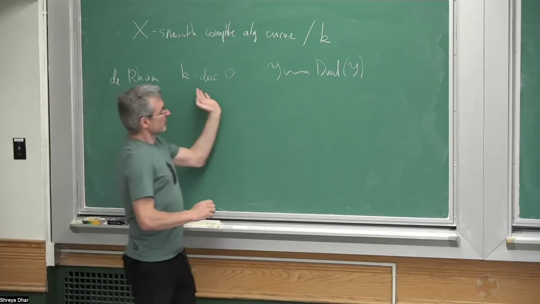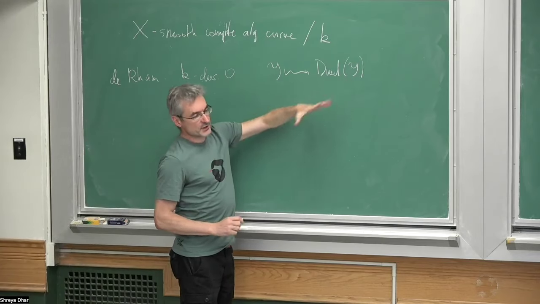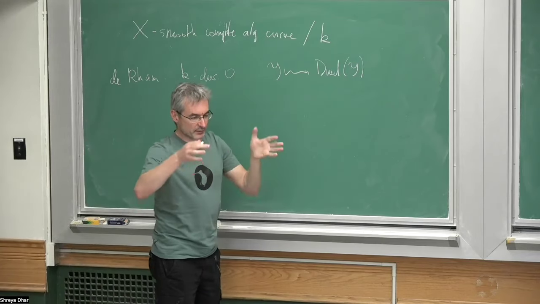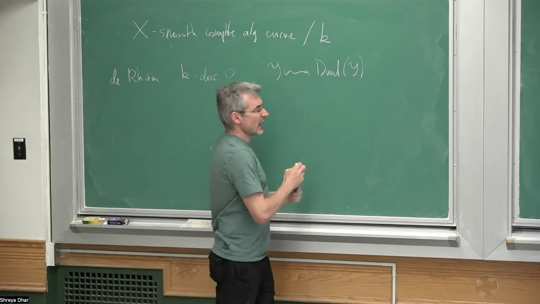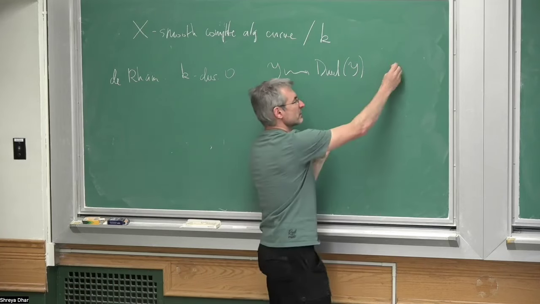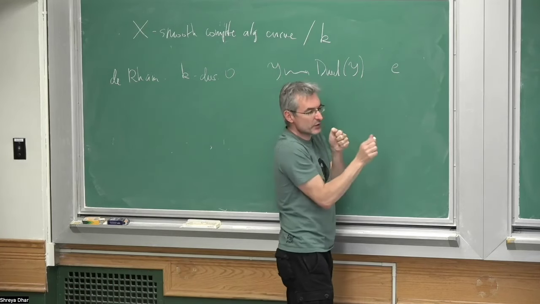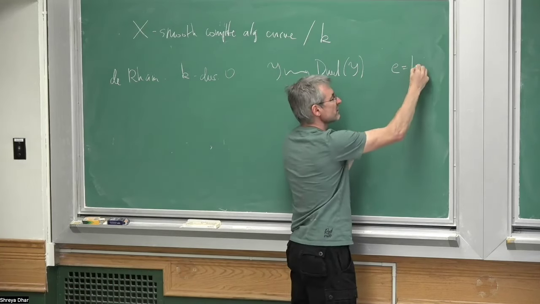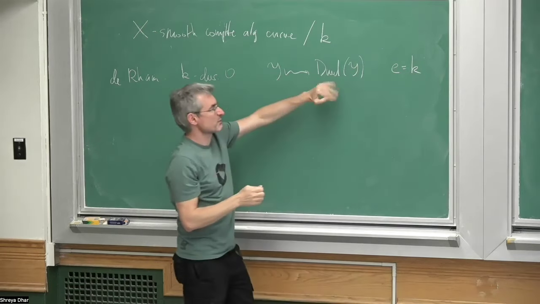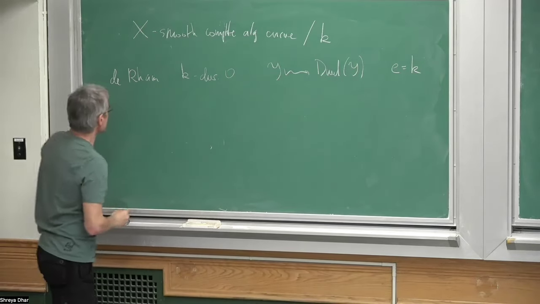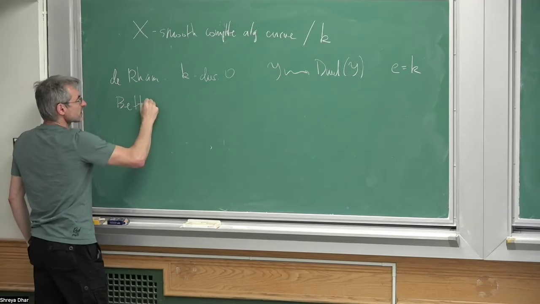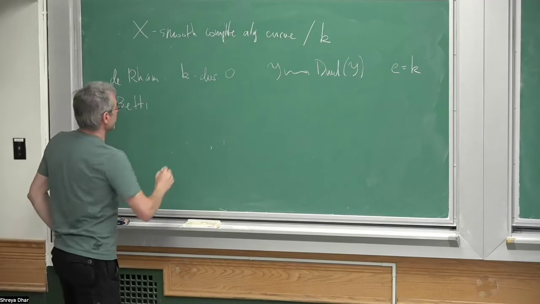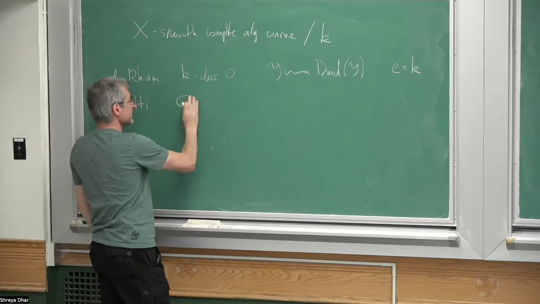The most important thing is that in this context, this is a category that is linear. You can take direct sums, but it's also linear over the field K. I always keep the notation E for the field of coefficients. In this case, the field of coefficients of my category is the same as the ground field K. Another context is what's called Betti. In this case, your ground field is specifically C,